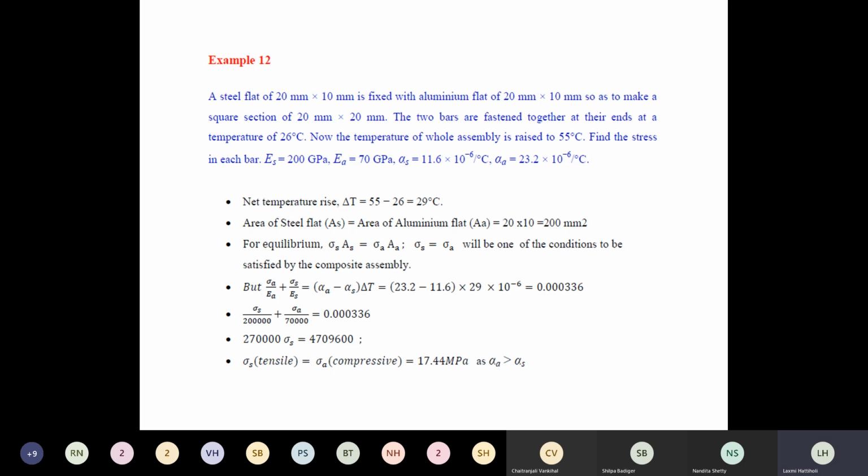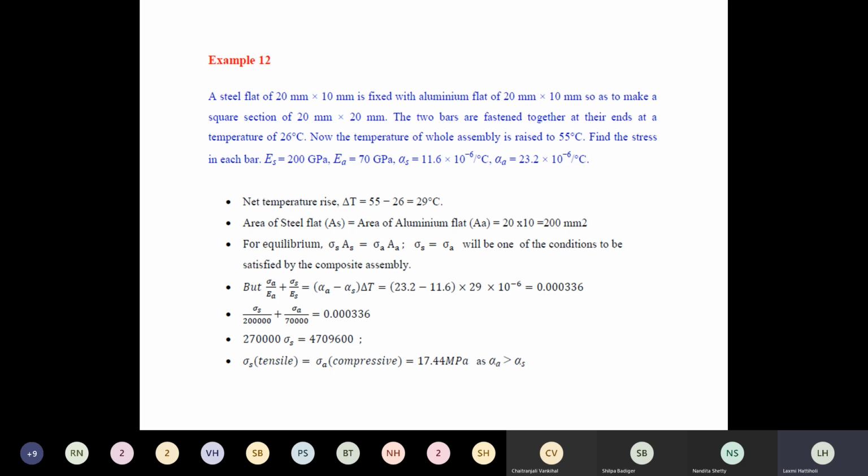If you substitute sigma s, this equation we already know, right? So now just substitute this RHS. Alpha a and alpha s are known to you. So 23.2 minus 11.6, into 10 raised to minus 6, I'll take it common for both the alpha, it is same, right? So into 29, that is temperature 29. You will get it as